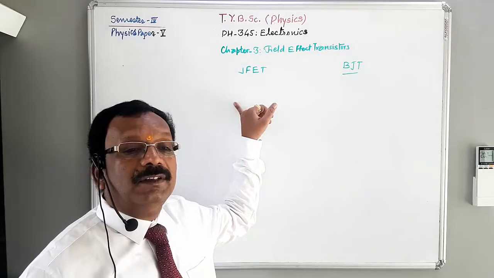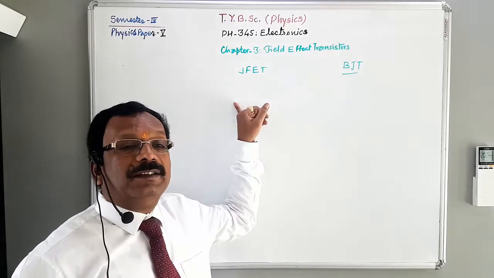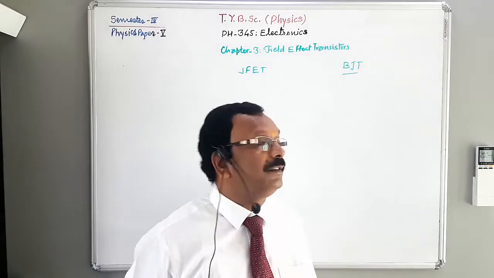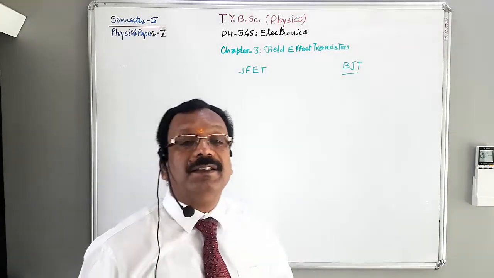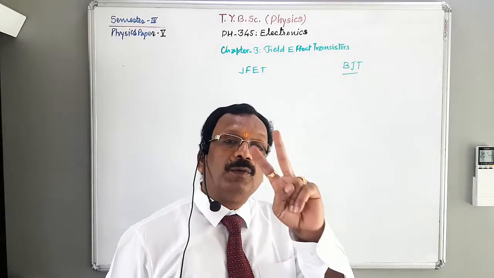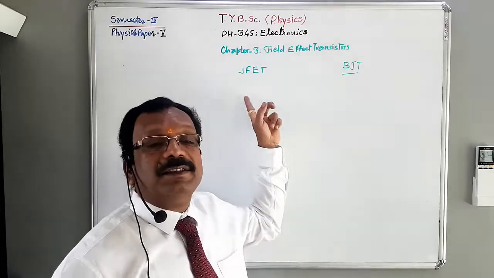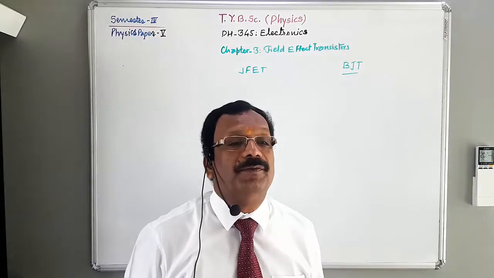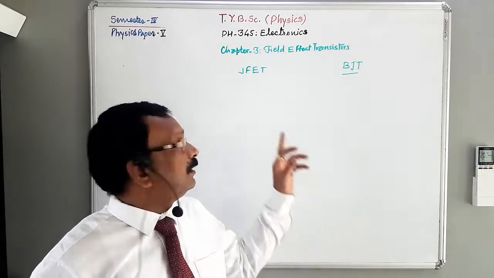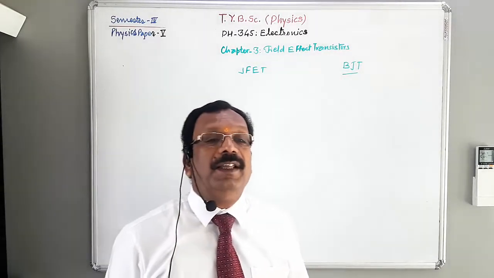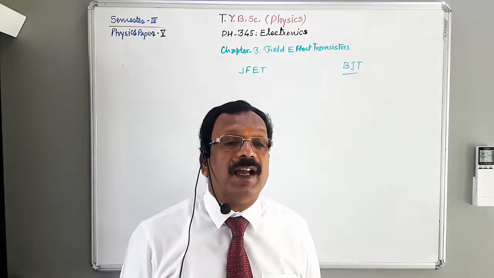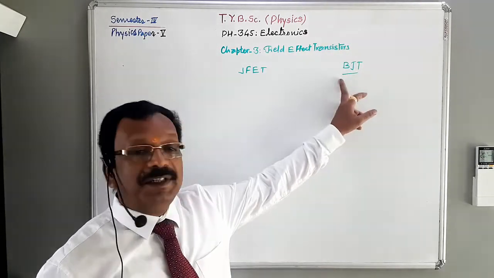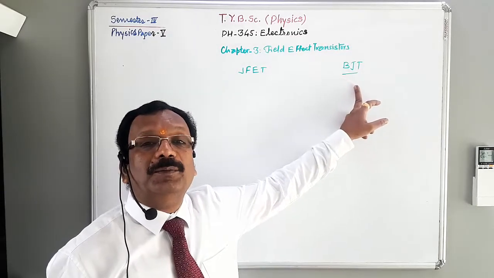Then third one, FET, or JFET, is a unijunction device, whereas BJT is a bijunction device. There are two junctions in BJT, and this JFET is having a single junction. Next one, this JFET has very high input impedance, very high input resistance, whereas BJT is having very low input